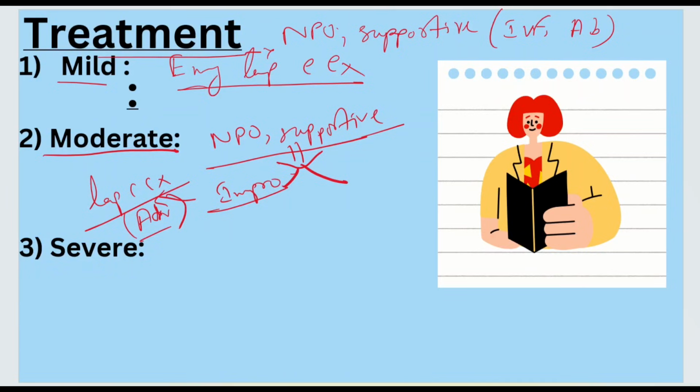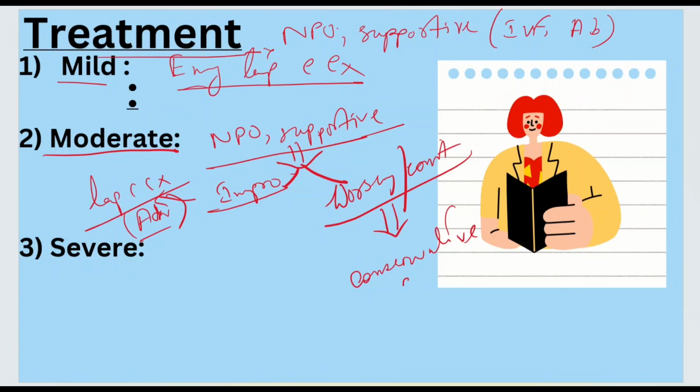But if the patient is worsening or status is constant, then we should consider conservative management,